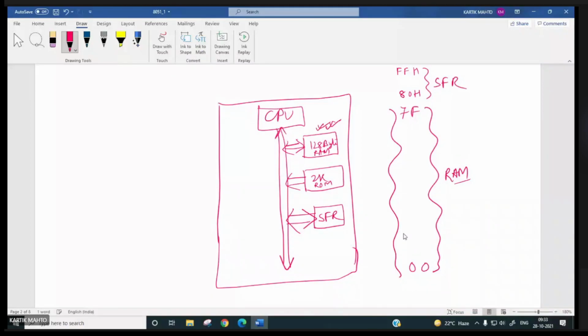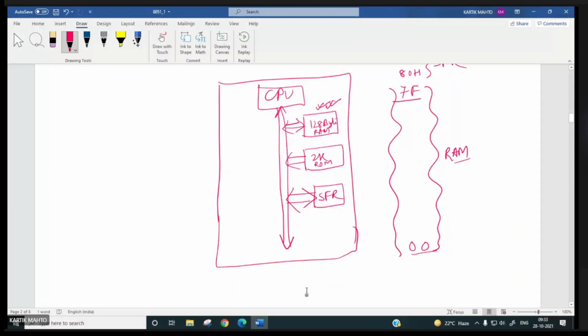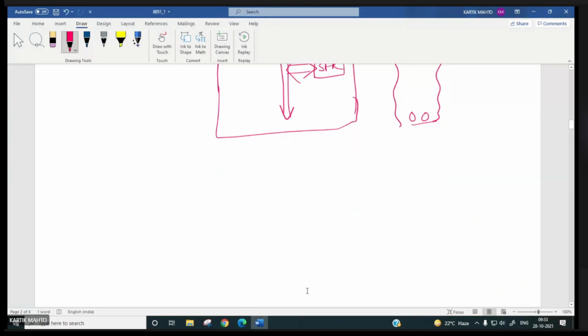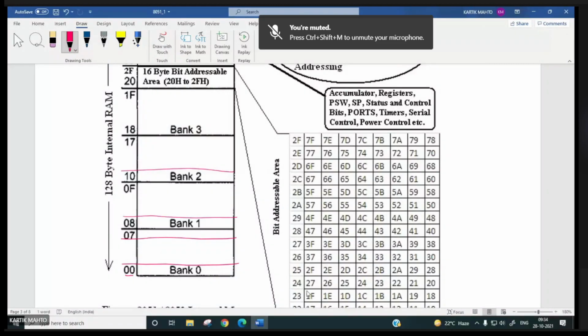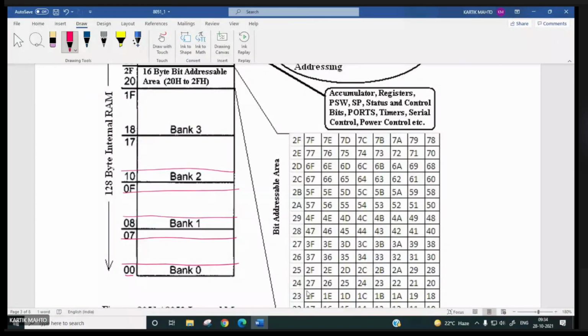So you will find this 128 byte RAM. You can see 00, the first register is here, the 8th register is this one, the 9th one is this, the 16th one is this, the 17th one is this.